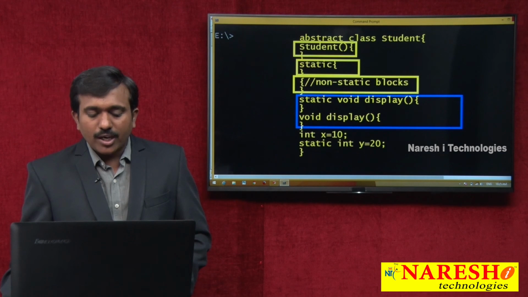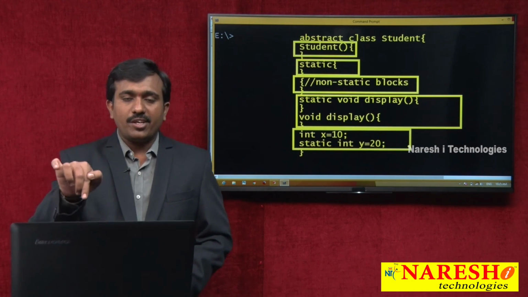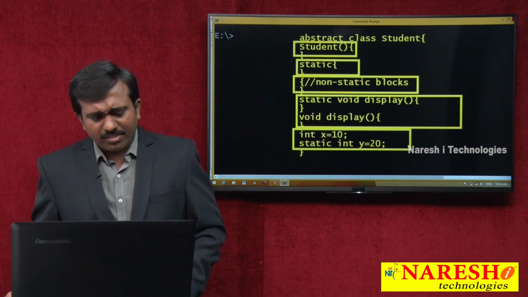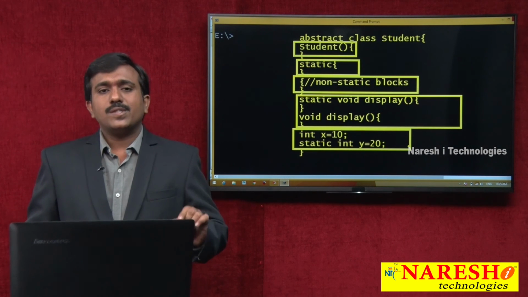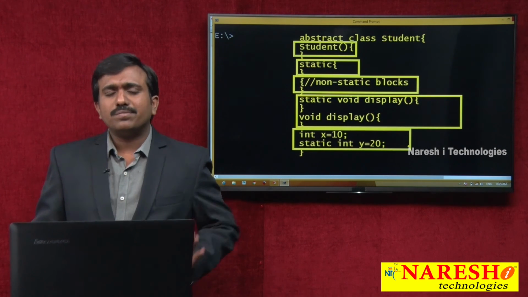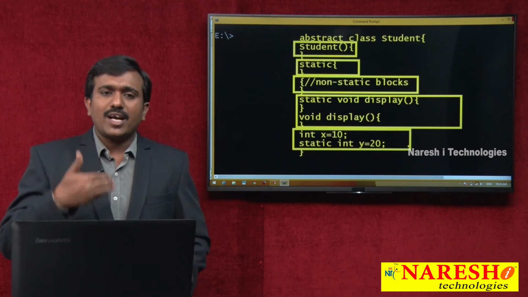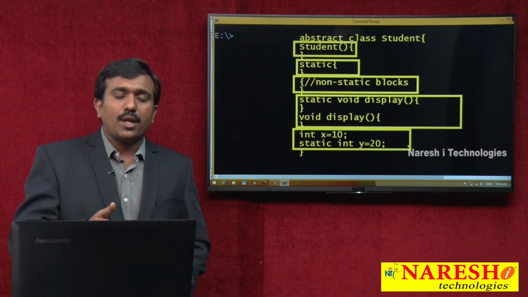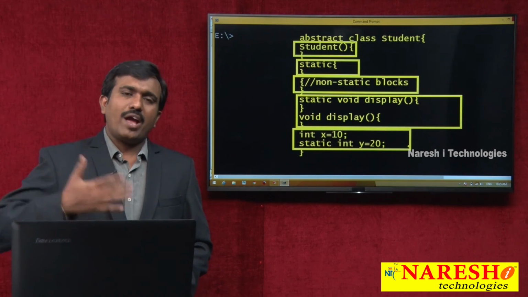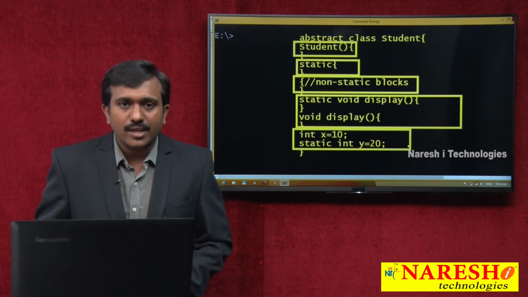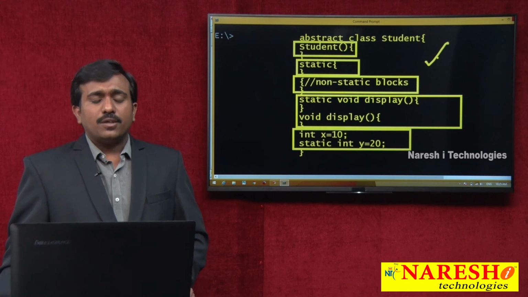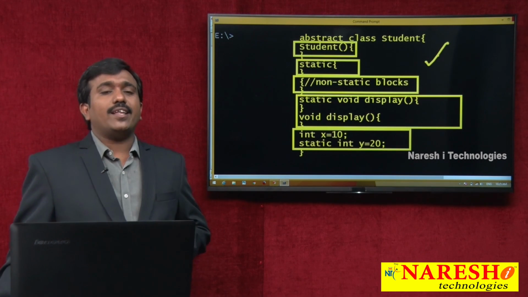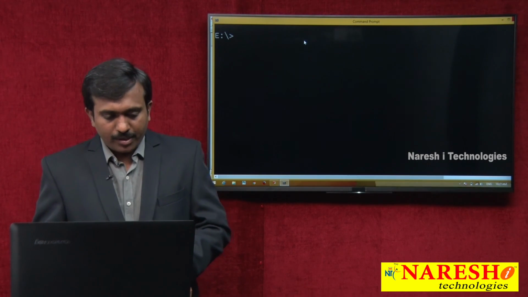Static methods and non-static methods are possible to define. Static and non-static variables are possible to define. That means inside the abstract class everything is possible. Means constructor, static methods, non-static methods, static blocks, non-static blocks. So every element is possible to declare inside the abstract class. So this is valid, but inside the interface,